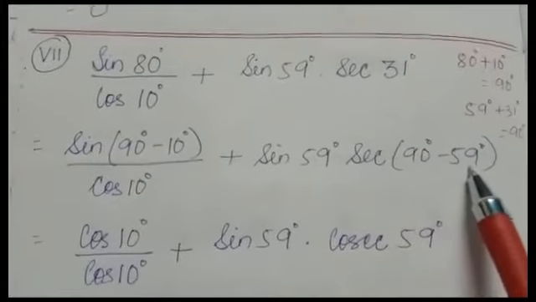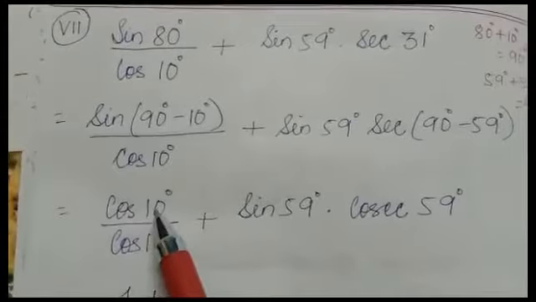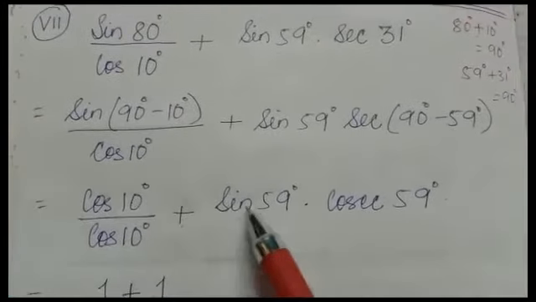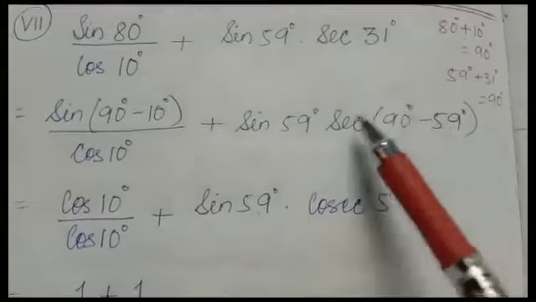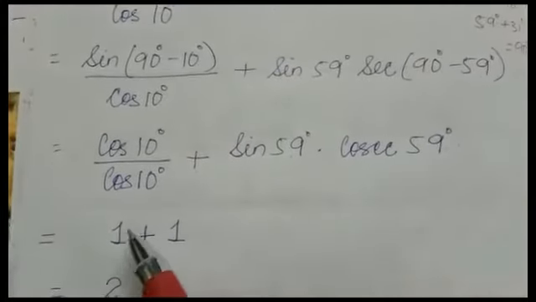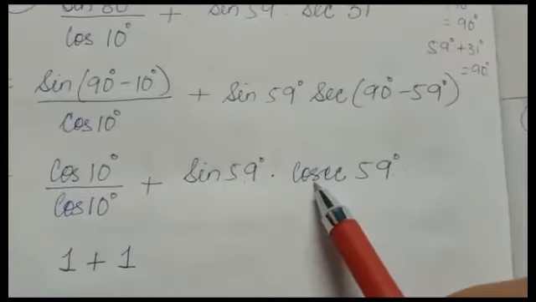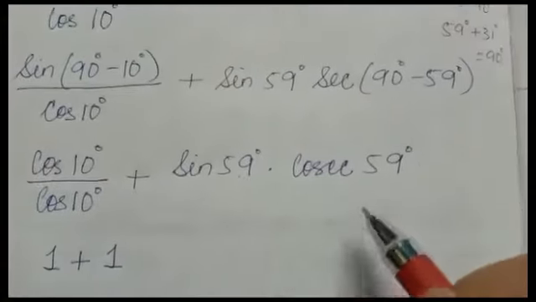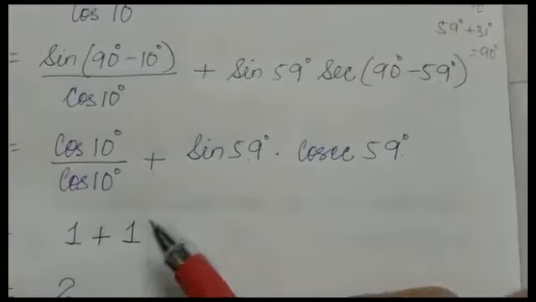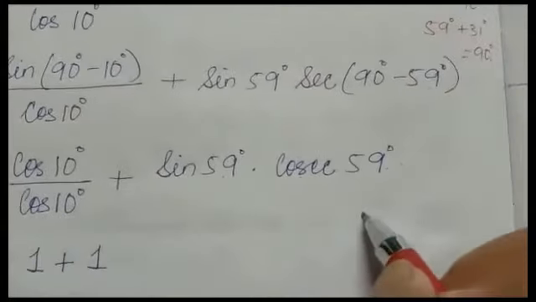So 90 minus 59. The complementary of sine is cos 10 degree divided by cos 10 degree, plus sine 59 degree into the complementary of sec, which is cosec 59 degree. So 1 plus, sine and cosec are reciprocal. So when you multiply them it will be 1. Okay, the product of reciprocals is 1 because we know cosec